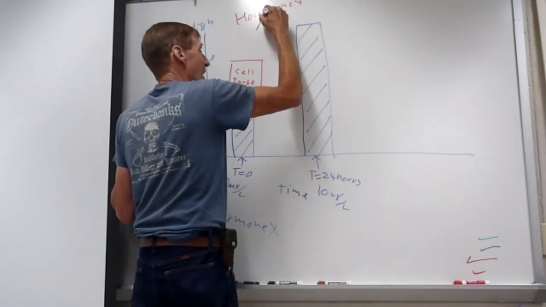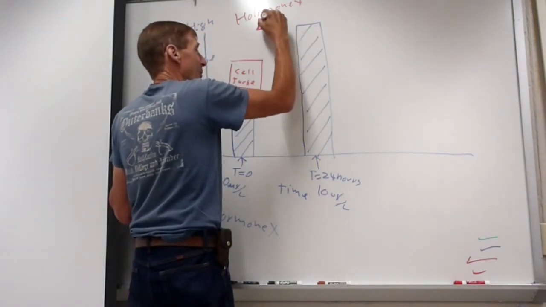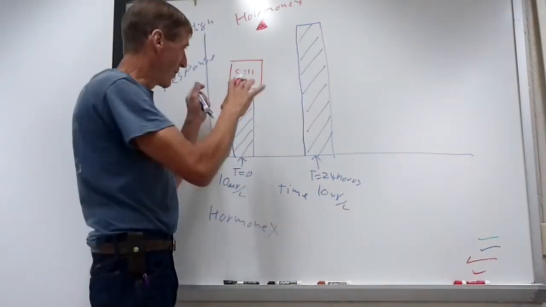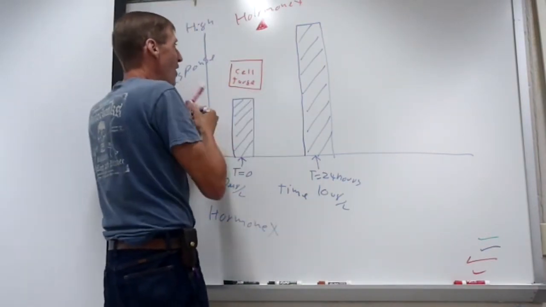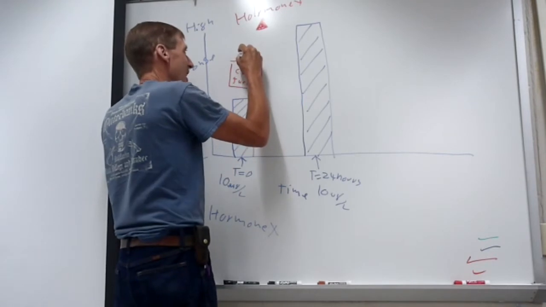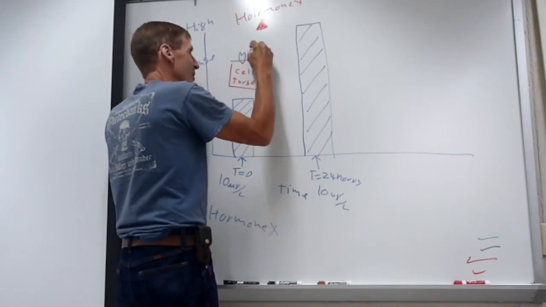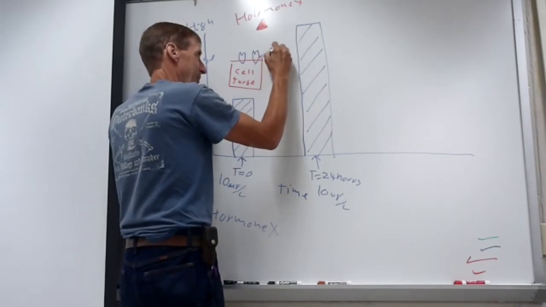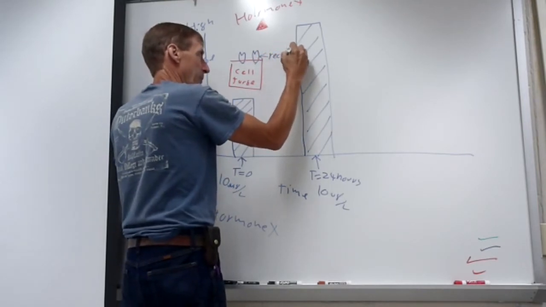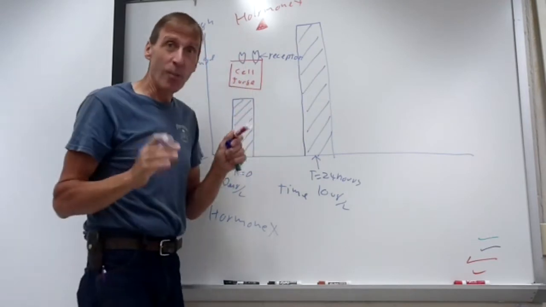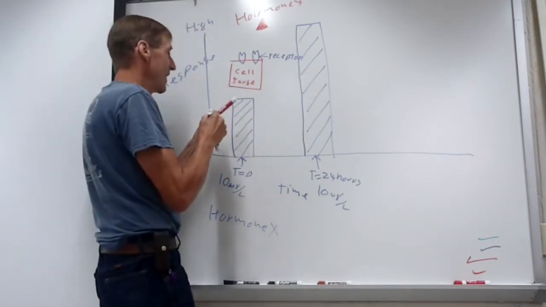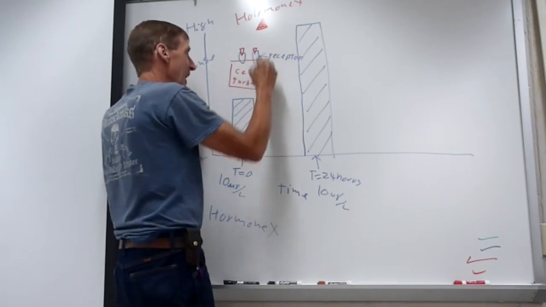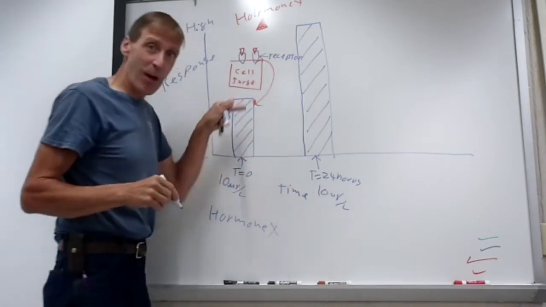And let's say hormone X, I'm going to make it like a little red triangle. Of course, that hormone is released into the blood and diffuses out of the blood into the tissues. And this target cell, if it's a target cell, must have receptors for that particular hormone if it's going to respond. So the hormone is released, it comes in, and it binds to the receptors, and I get this response.